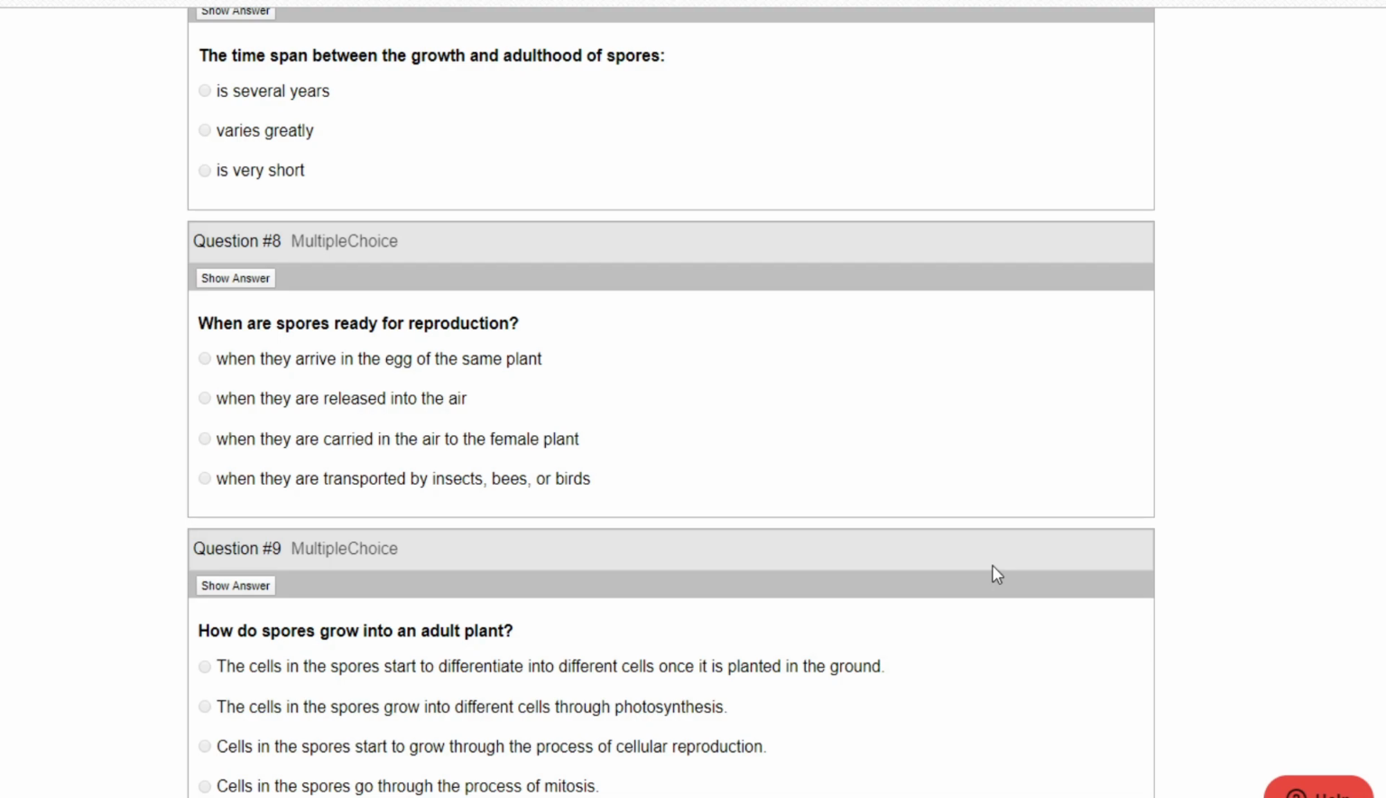So in this one, you can go ahead and you can scan through and look for adult plant, or you can start looking through these different things. Okay, here it says spores start to differentiate. So you can scan for differentiate. Do you see that in there? Photosynthesis. Can you find photosynthesis? Cellular reproduction. Can you find that? Or mitosis? Which one of those words can you find in there and scan and find